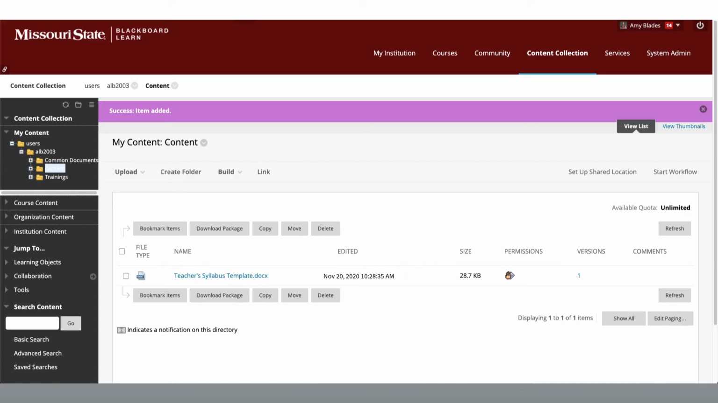Now that we've uploaded the syllabus, you'll use the same process to upload any file that you'll need to distribute. What if you need to update this file? It's easy. Just click the drop-down menu to the right of the file's name,